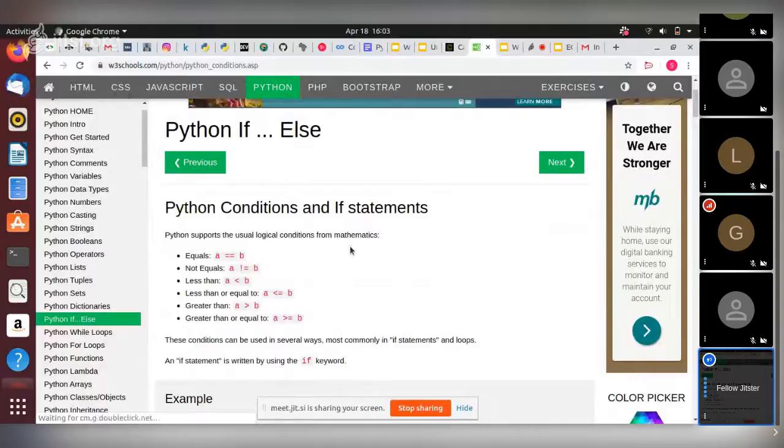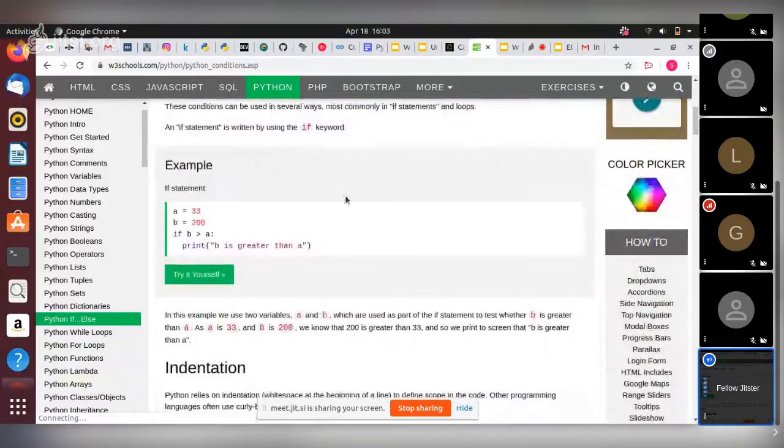The conditions you can put under if and else statements are equal to, not equal to, less than or equal to, and greater than or equal to. Then we first checked the greater than part, and we said that if it doesn't work, that's the if statement. When you add the else statement,